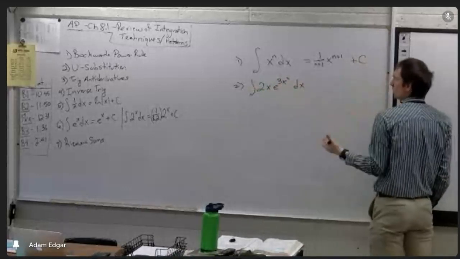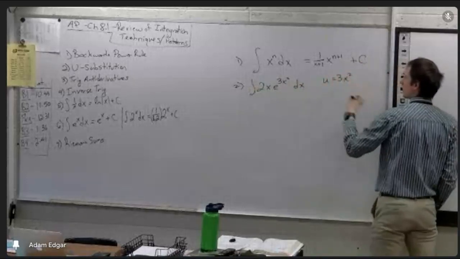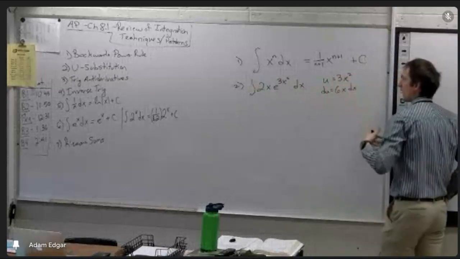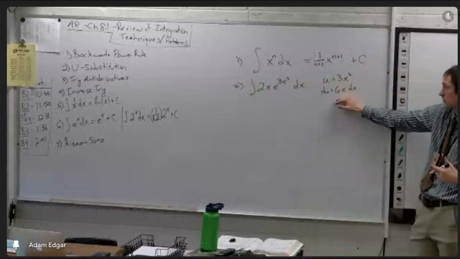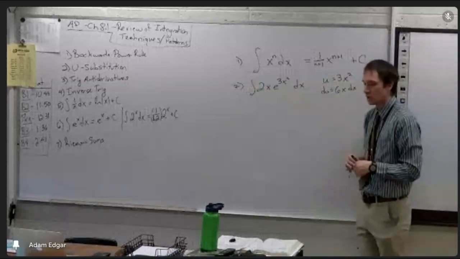What would be a good choice of U? 3x squared, and then du would be 6x dx. And then what do you see is missing from here in your du versus dx? A factor of 3. So we need another factor of 3 here. So to make that happen,